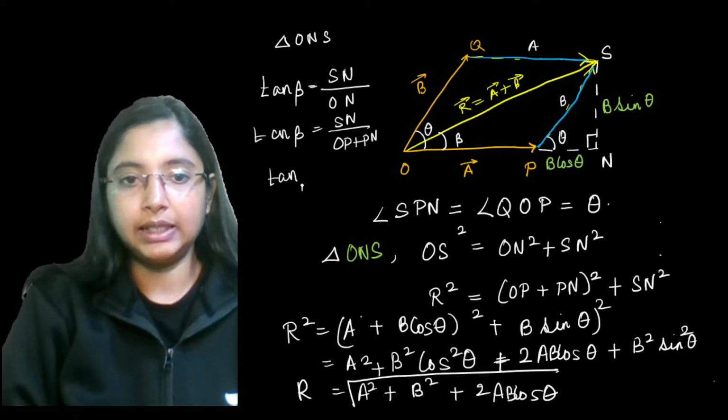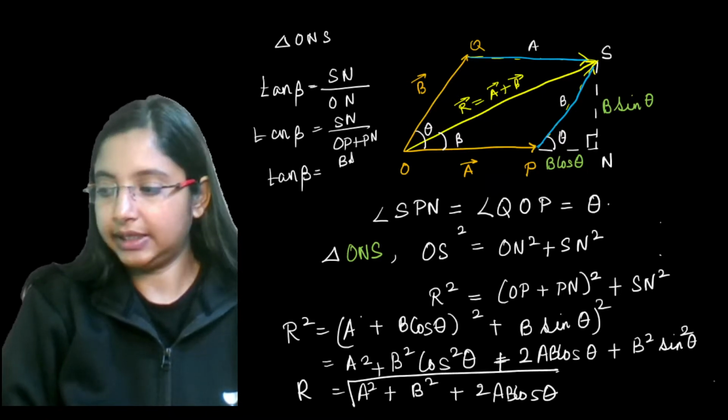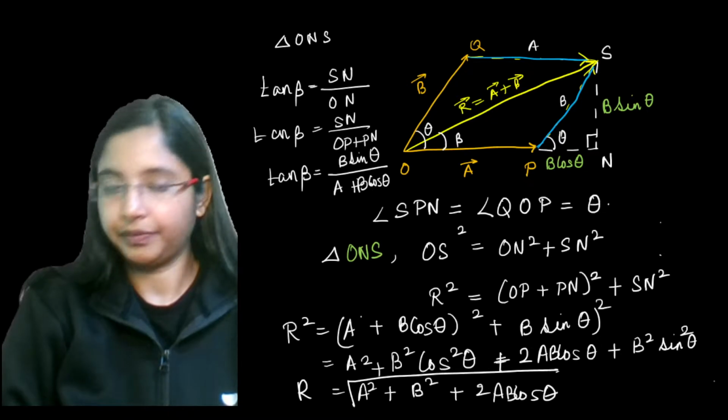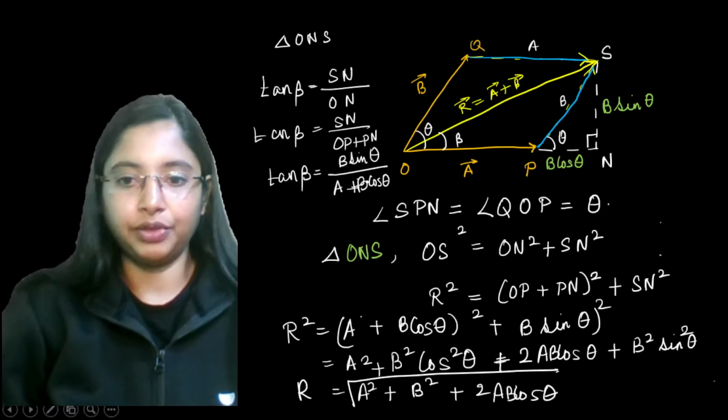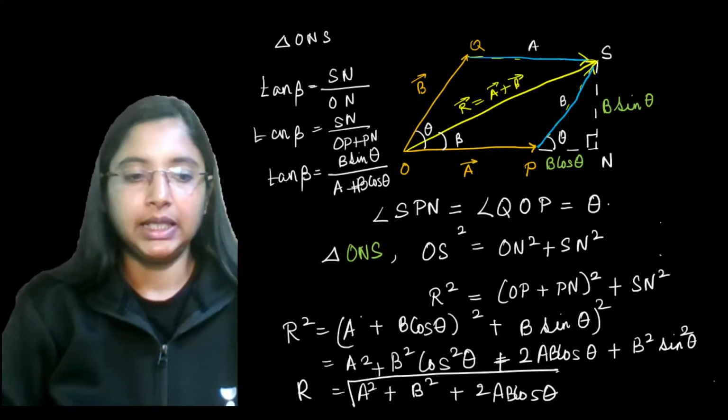So tan beta is nothing but ON, which is B sin theta, by OP, which is A, plus PN, which is B cos theta. Okay, so if you substitute the value for this, then actually you can see that